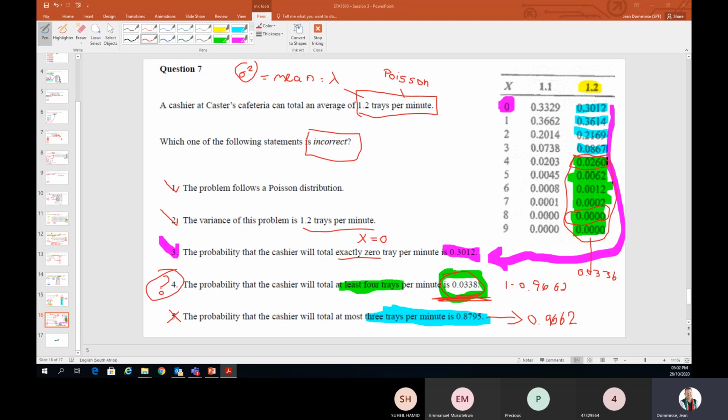So let me just check the study guide and I'm just going to copy it next to this table and see what